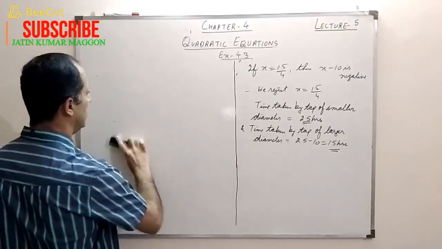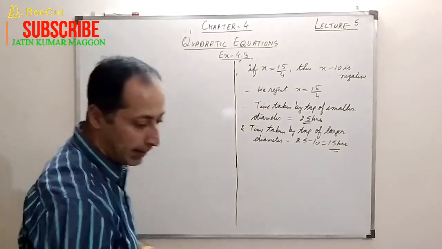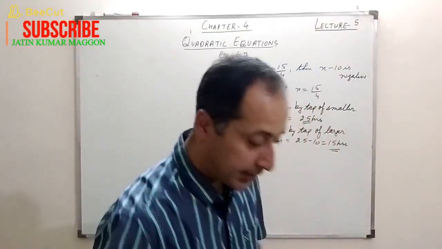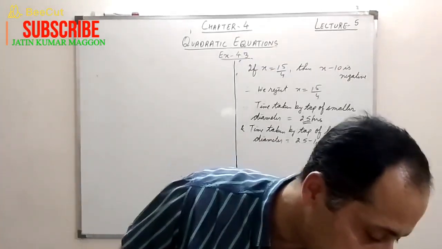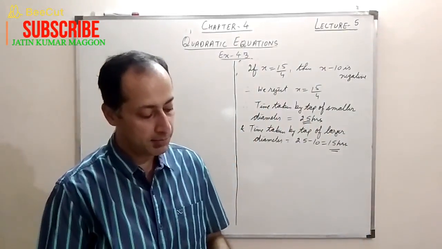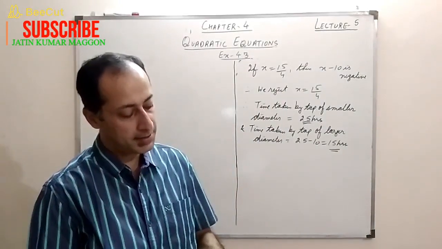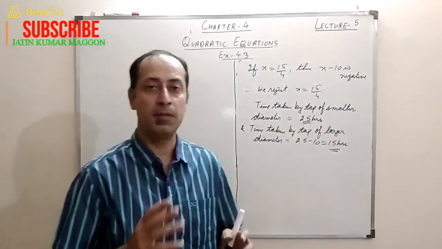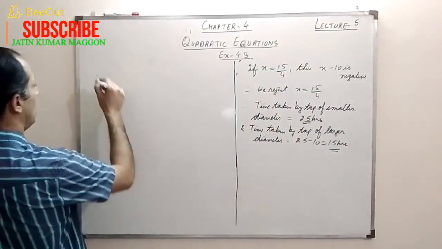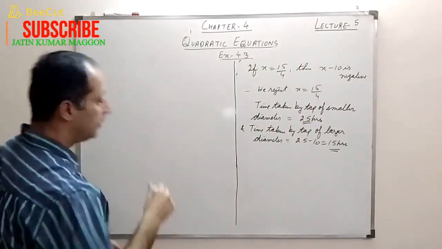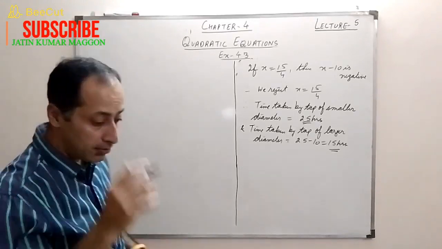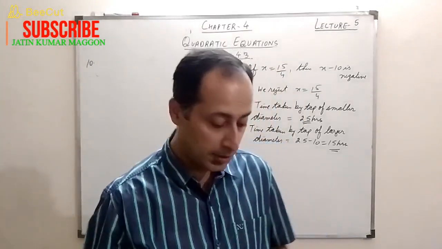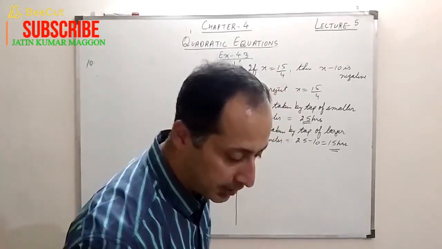The next question is basically of time and distance. Now it's given that there are two trains. An express train takes 1 hour less than the passenger train to travel 132 km between Mysore and Bangalore, and we have to find the average speed of the two trains. What is given to us? It's given that the relation between the speeds is given to us. This is our question number 10. Question number 10 and question number 8 both are almost the same, because both are related with speed and time. So the method is the same. So I am doing this question.